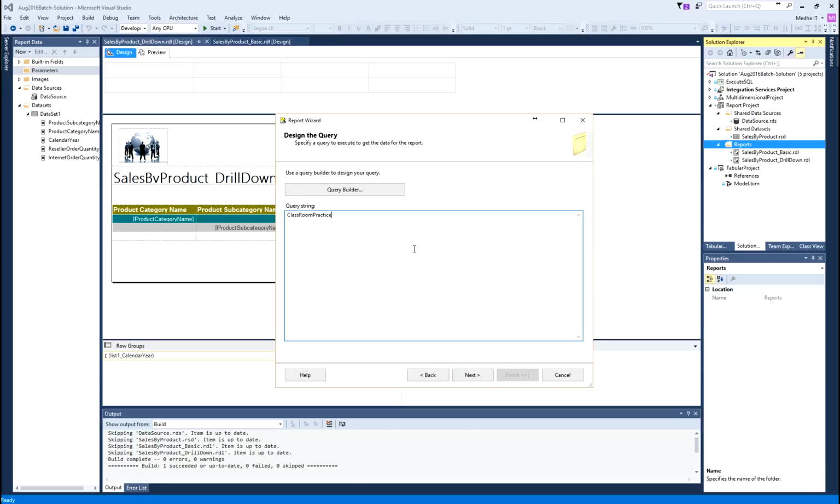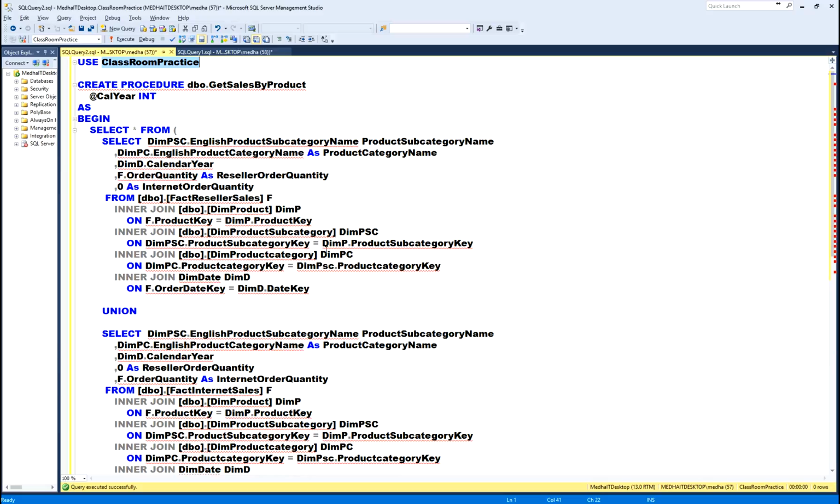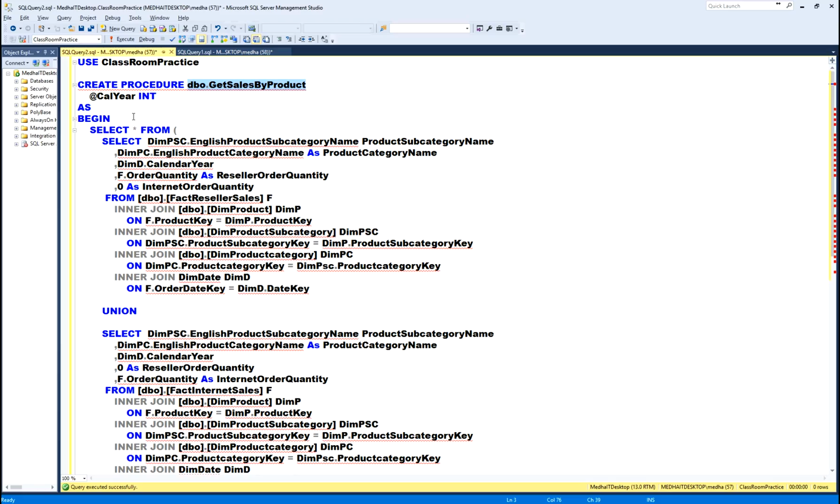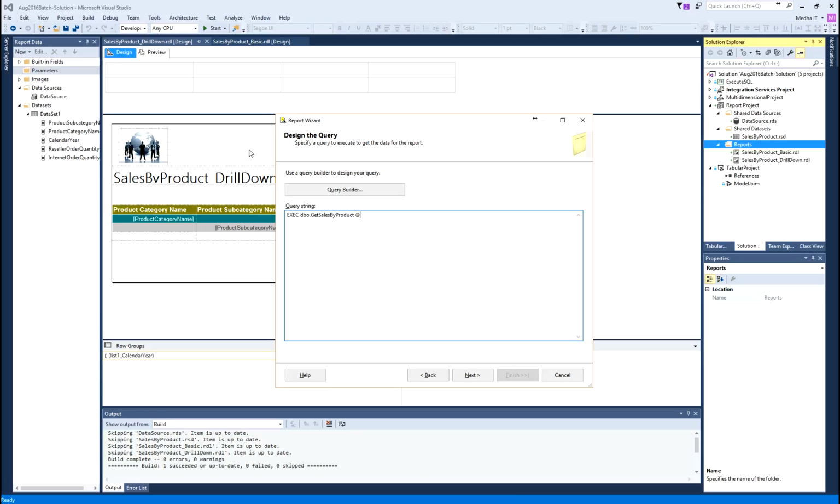Now, I will say execute, and just put some default value. Click next.